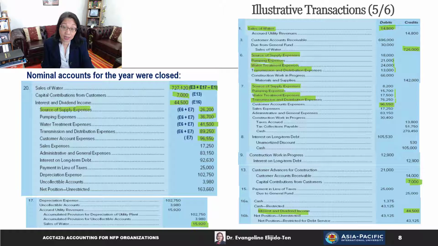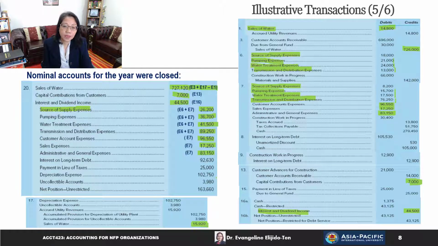So that's easy enough to spot. Sales expenses is also just found in entry 7, for the amount of 17,250. So it has a debit balance. We'll then credit it to close it. The next one is administrative and general expenses, also shown in just one entry, entry 7,